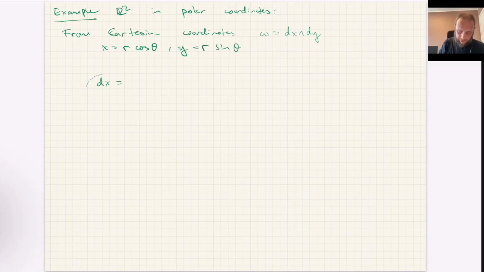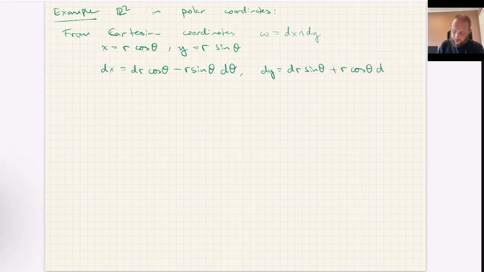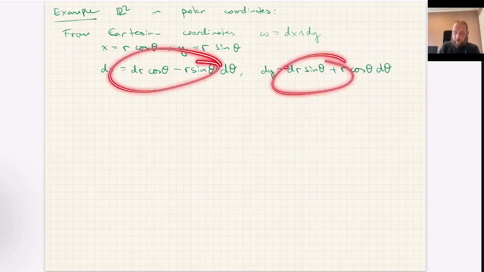So I can express dx by taking this differential as dr cosine theta minus r sine theta dθ. That's just taking the differential. Same thing for dy: it's dr sine theta plus r cosine theta dθ. And if I wedge both of those together here,